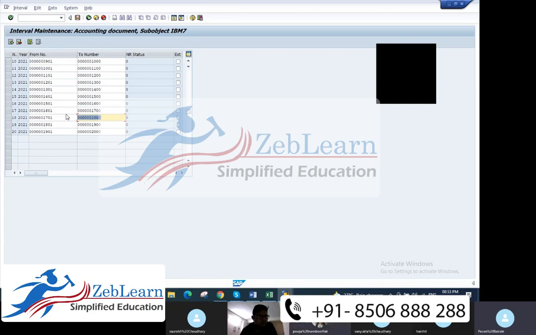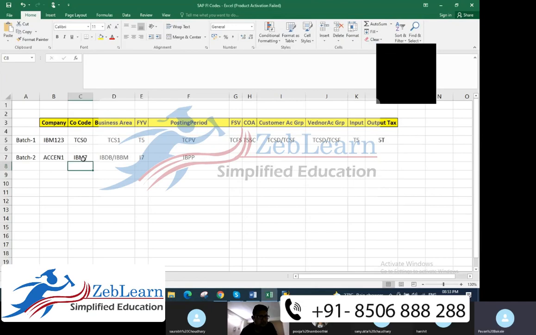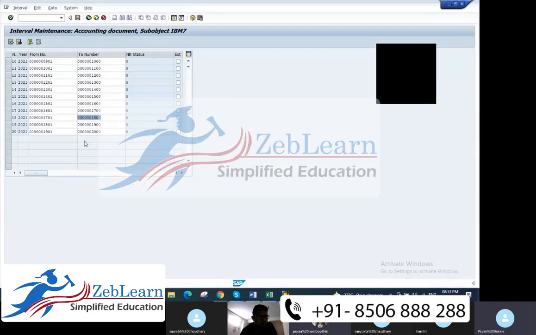Suppose I pass a customer invoice in this company code IBM 7. What will the first entry show? It will display with the document number 1701 when I pass an entry.